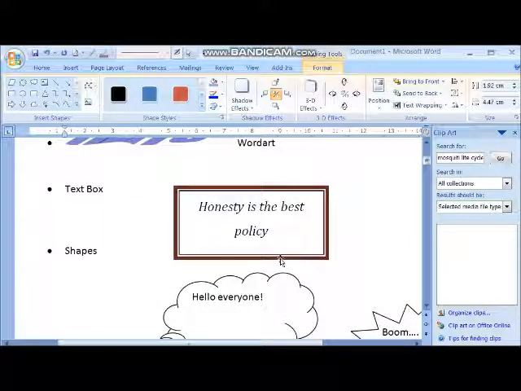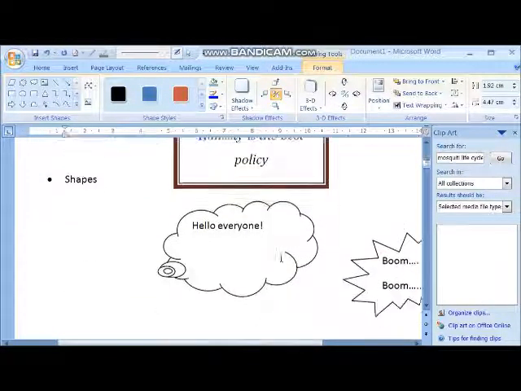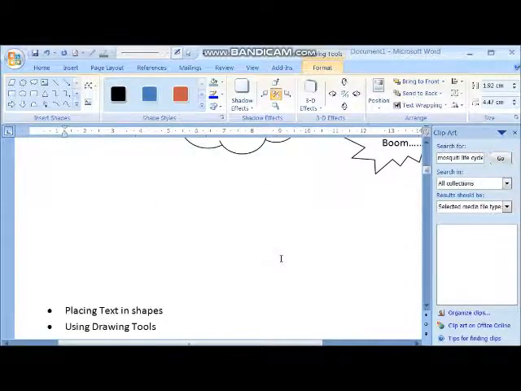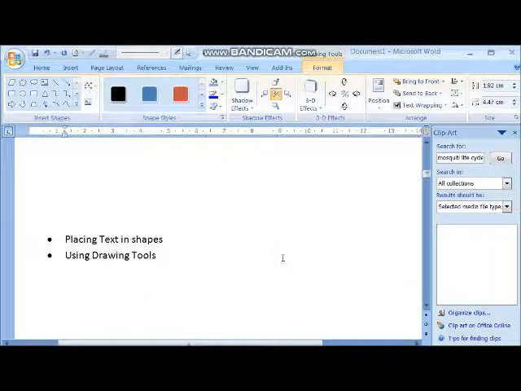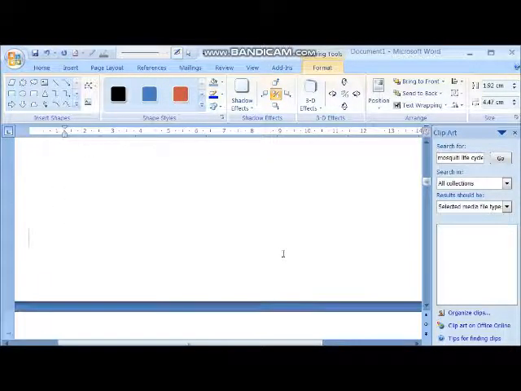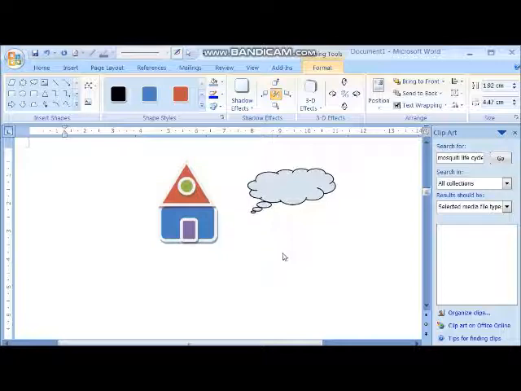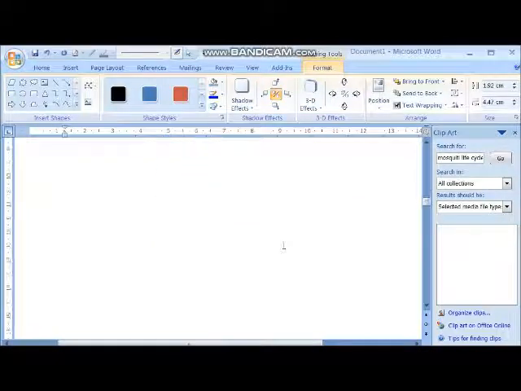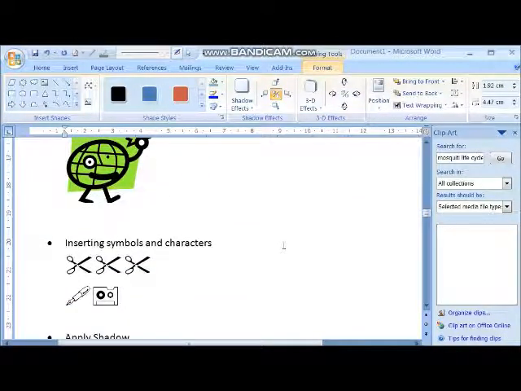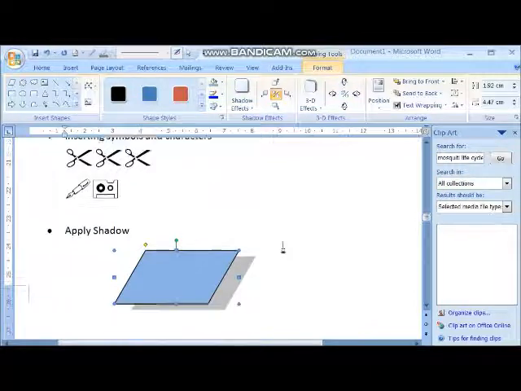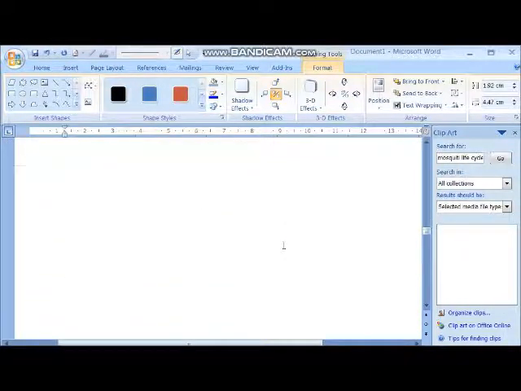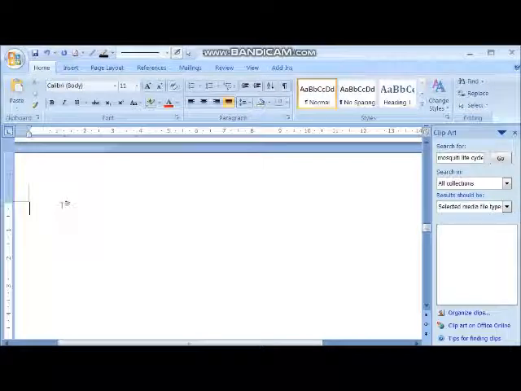Then text box is in your insert option. Shapes is in your insert option. Placing text in a shape, right click, add text. Using drawing tools, okay, so this is your drawing tool. Then you are inserting clip art, inserting symbols and characters, applying shadow. So now we have completed this lesson.